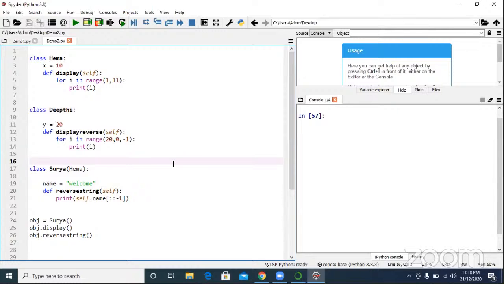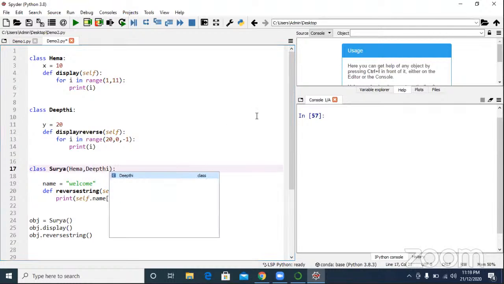Next. Surya is asking Hema and also Dipti. Now tell me, how many methods are there in Surya?